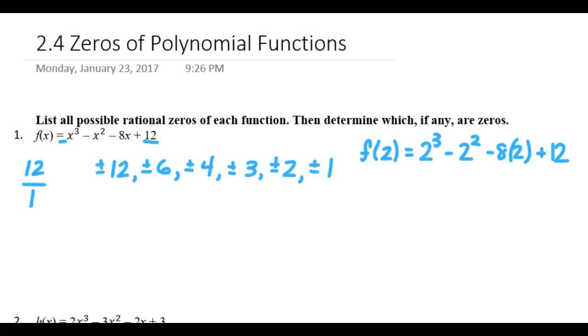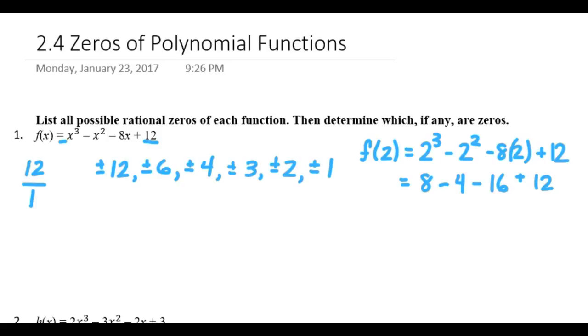So 2 cubed is 8, 2 squared is 4, 8 times 2 is 16 minus 16, and we have plus 12. So 8 minus 4 is